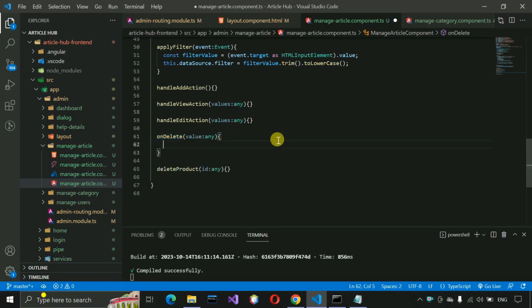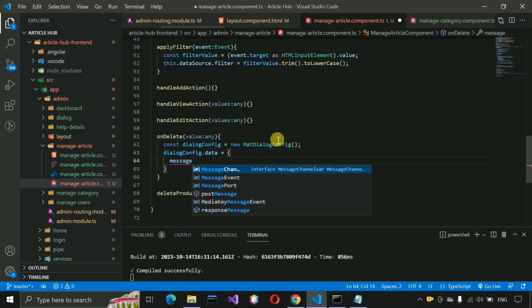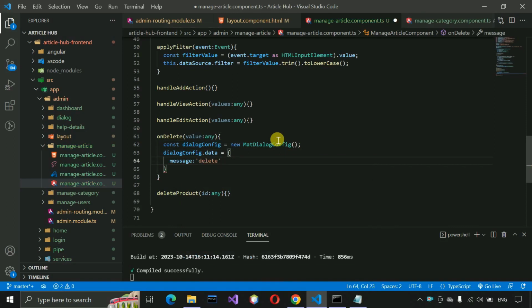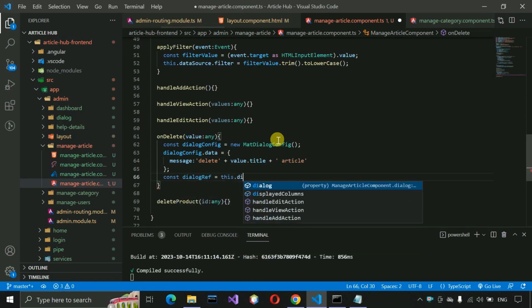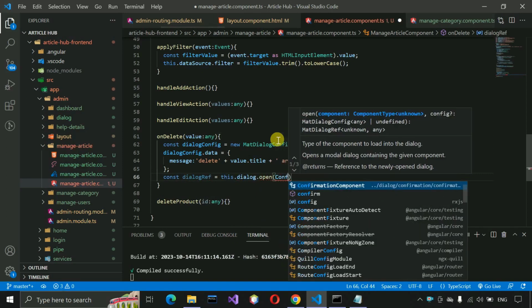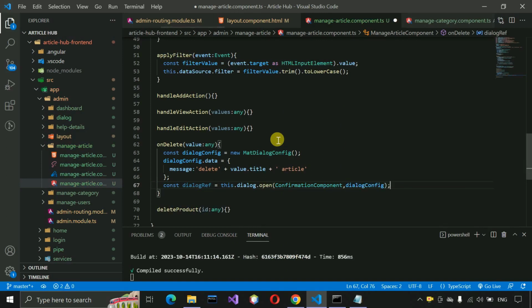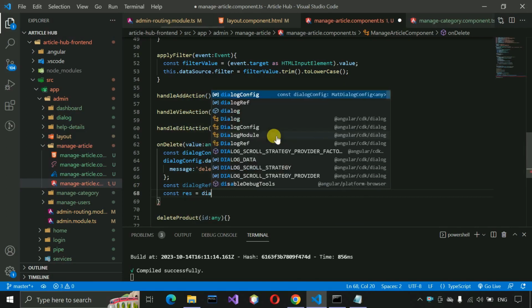Okay, so inside this one we have to first create const dialog config, new mat dialog config, this one, and dialog config dot data, and here we need to write message delete, and here value dot title, and here we have to put a space, and then we have to write article, and it will show the article name, and then here const dialog reference, and this dot dialog dot open, and here we have to call confirmation component, and then dialog config we need to pass,